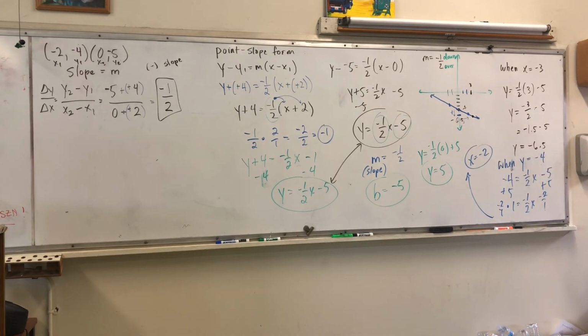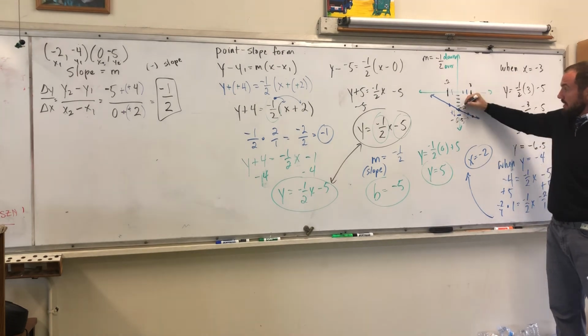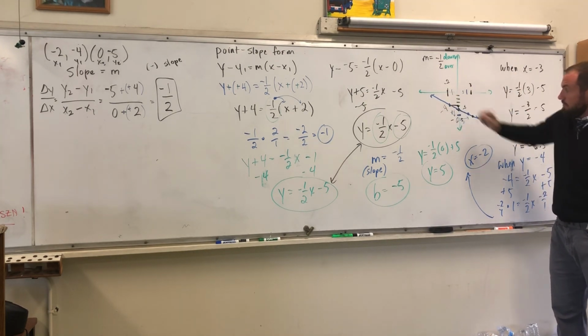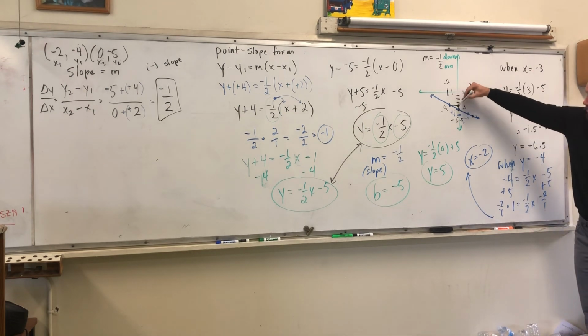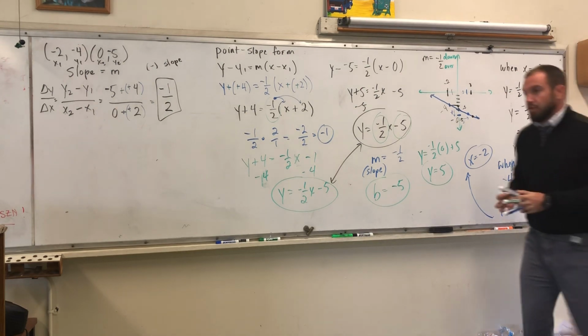And again, it makes sense, because if I look here where x is negative 2, it does give me a value of y being negative 4. And that's where the graph helps you. It helps you look at and make sure that when you put in a certain input and ask for an output, or you put in a certain output and you're asking for an input, this graph is going to allow you to check some of your answers there. And this is what your